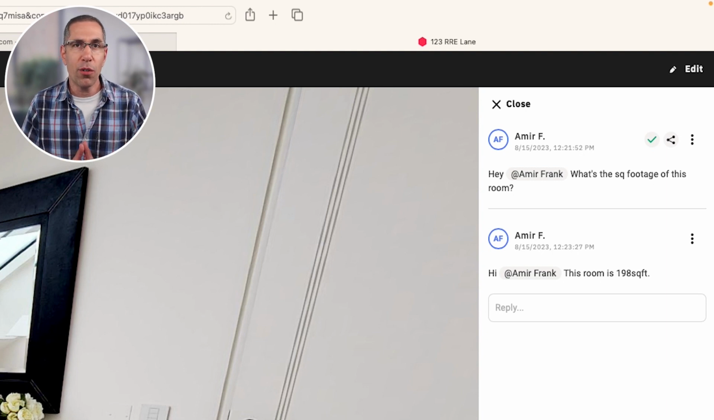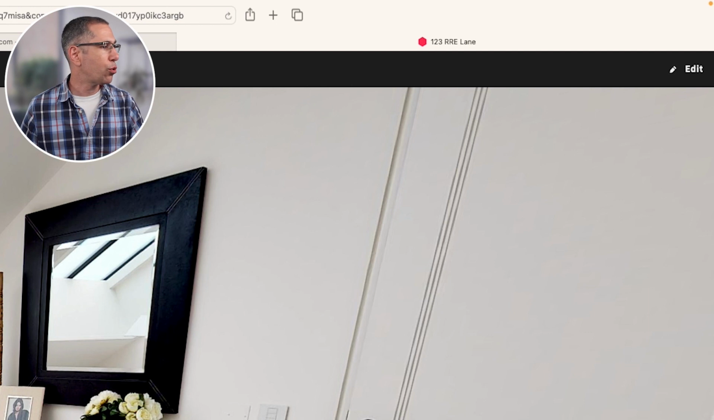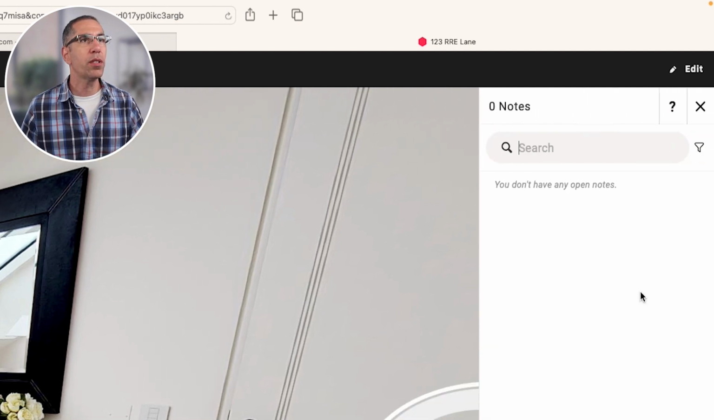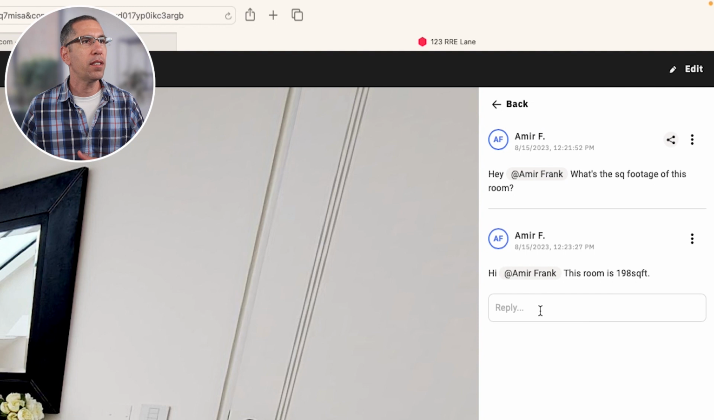I don't have to have this back and forth explaining exactly which room I'm referring to. Once the issue is resolved, I just go ahead and press the check mark up here to mark it as resolved. If I ever need to reopen this question, I can go back into my notes, press the filter icon and choose resolved to find all of the previously resolved issues that I've done. Click on that and say,